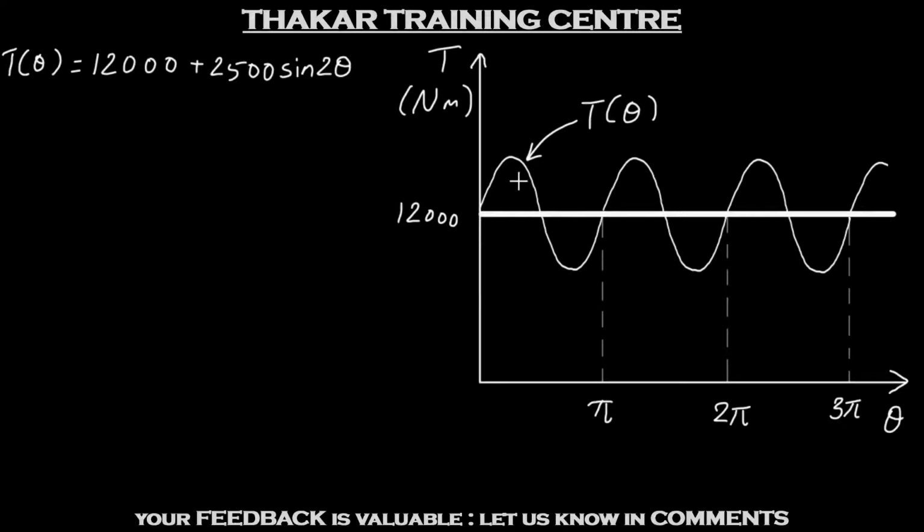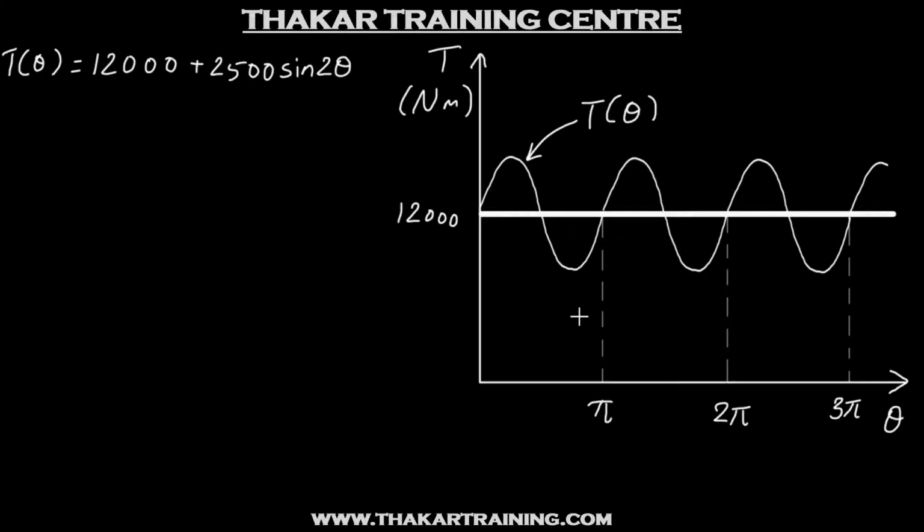Now because it is a sine curve, this area and this area will be equal. And we are having one sine curve that is completed in π radians. Now in terms of crank rotation, π radians means that one stroke is completed. So no matter what type of engine it is, whether it is a 2-stroke or a 4-stroke engine, that information is not necessary because you get one complete sine curve in one stroke. And these areas will just cancel each other. And so we'll end up with the mean torque being equal to 12,000 Newton meter. So for this question, this itself is the mean torque. So we have T mean is 12,000 Newton meter.